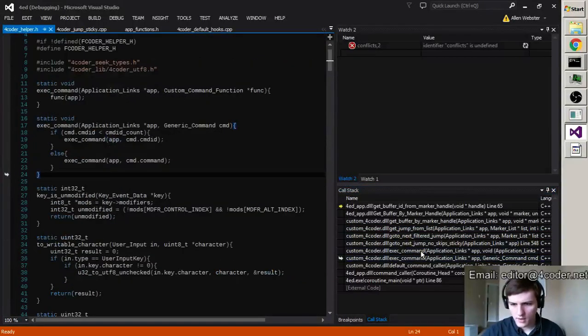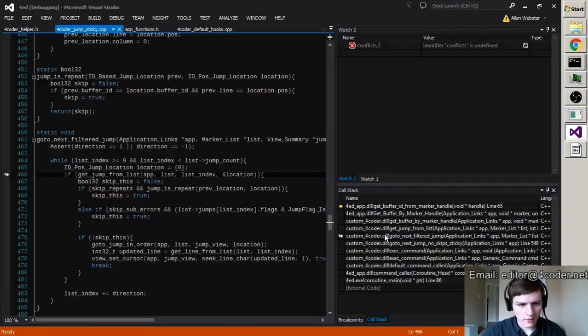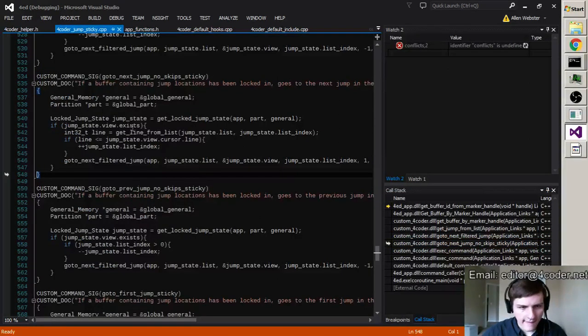Alright, so we execute a command. That command goes to the next jump with no skips using sticky jumps. Go to next filtered jump. We go to get jump from list. So, where did that list come from? That got passed in there. That list jump state. Get locked jump state has this list which contains 153 sources. You can see it has one destination, and of those 153 jumps that it can go to, the problem is